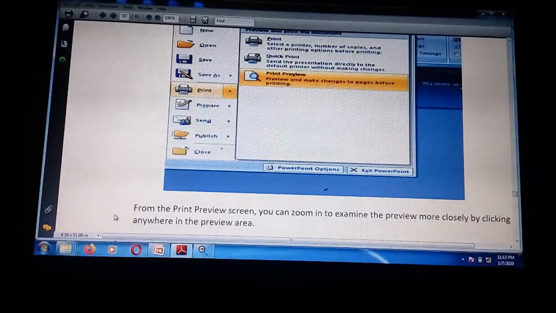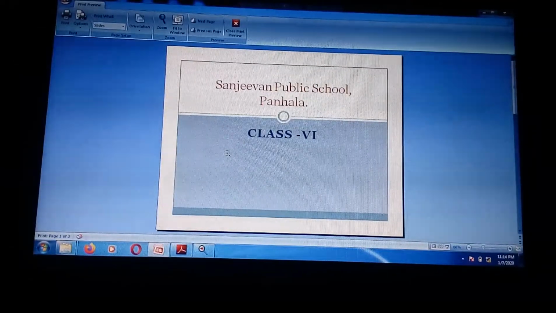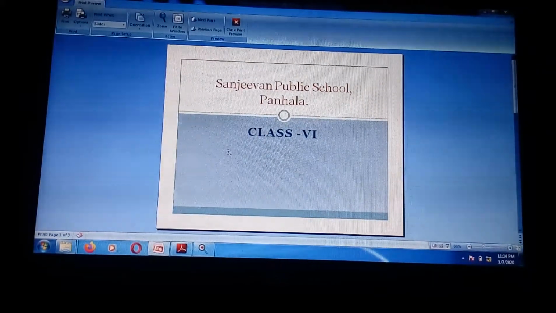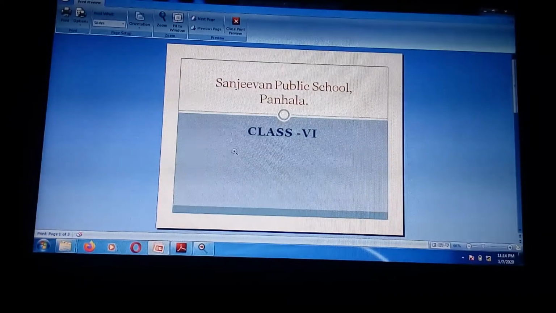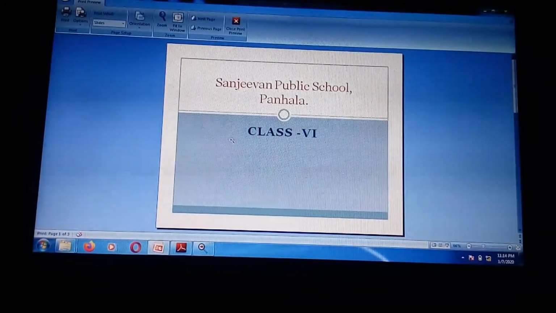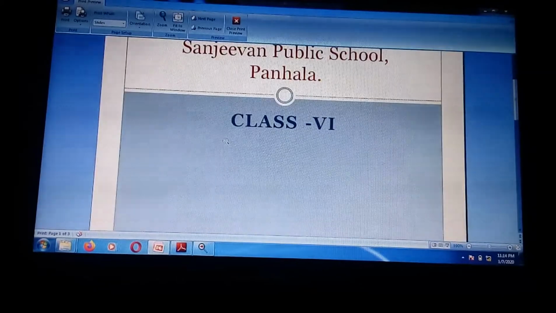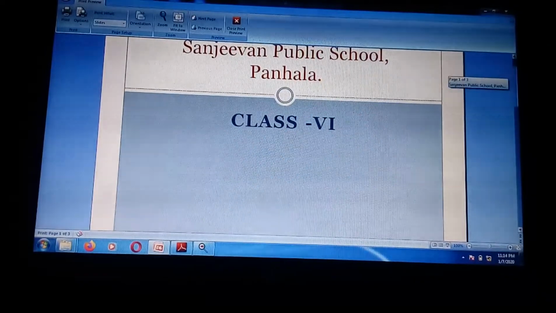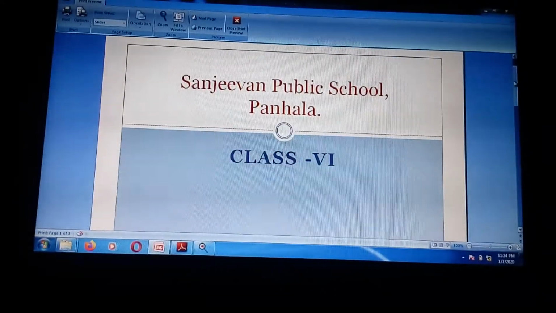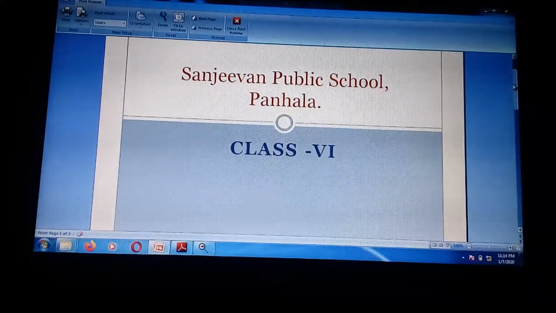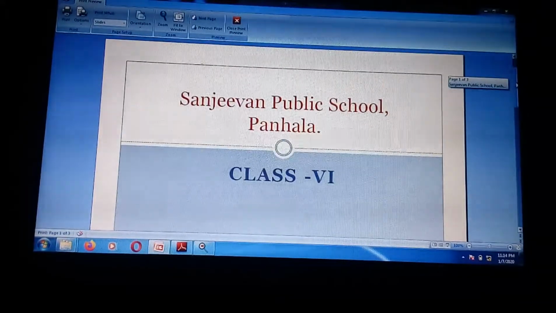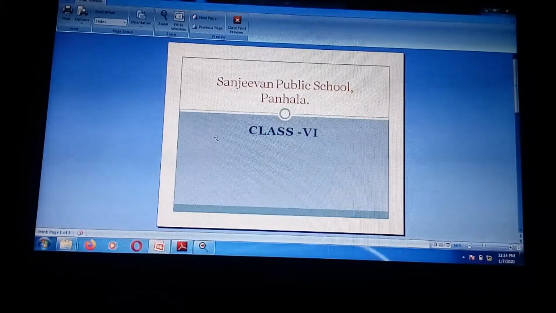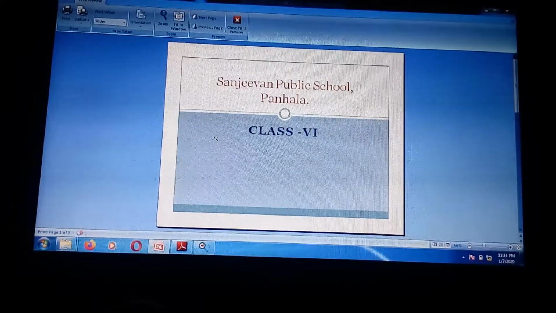Now we will see it practically. Students, this is the print preview of the first slide. Suppose you want to see this slide on a larger scale, then you just have to click on this slide. You can see the plus sign here. Just click on that, then the size of that particular slide will increase, so you can see it more clearly with the help of zoom. Now if you want to reduce it, click on it again, then it will be reduced to its original form. Got it?